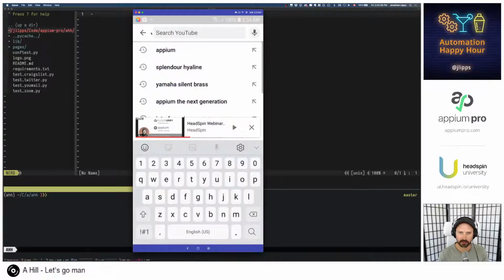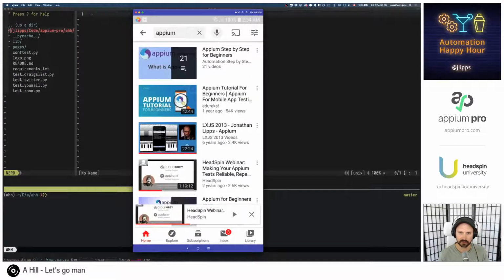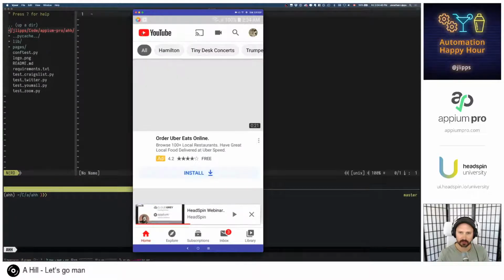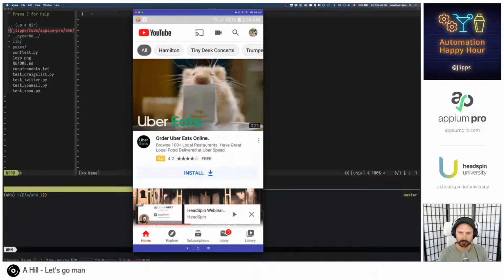YouTube, everybody knows. Place where you watch videos. The home page. You can see the kinds of things that I've been watching because I'm actually logged in on this device. I don't use this device, but you know, Google accounts follow you everywhere. So apparently, I recently watched videos that relate to Hamilton, Tiny Desk concerts, and trumpets.